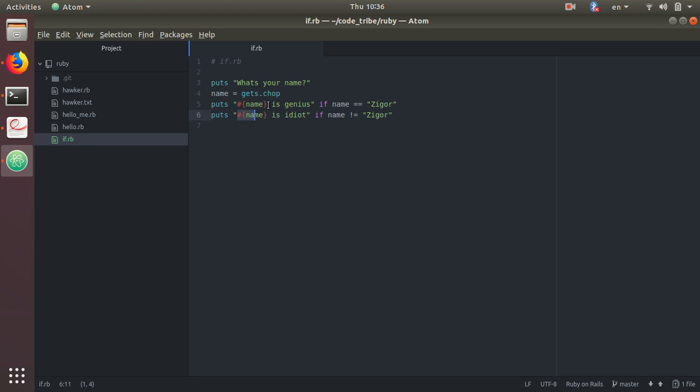If you remember from previous videos, we put the pound key and curly brackets inside a string. You can put whatever Ruby expression you want over here. So I'm just putting name. That's it. Just embed name in that sentence. I could have even given it like